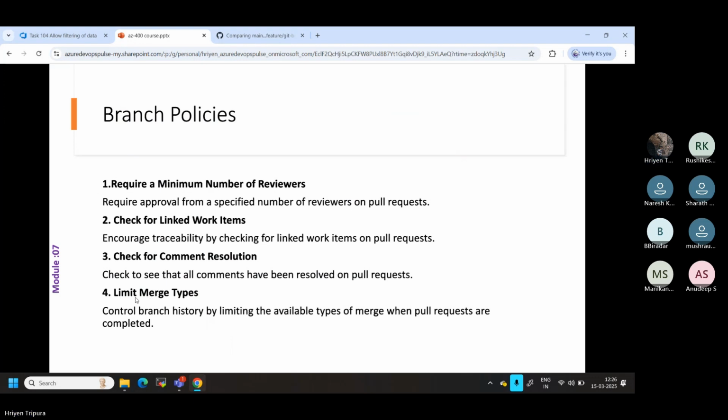limit merge types. There are different types of merge available. Control merge branch history by limiting the available types of merge when pull requests are completed. So when we do a pull request, after the pull request, I'm saying my code is good. Let's say I'm working on the feature branch, and the source code is the dev branch. Now I want to pull request from the feature branch to the dev branch. Once it is a pull request, if you see here,